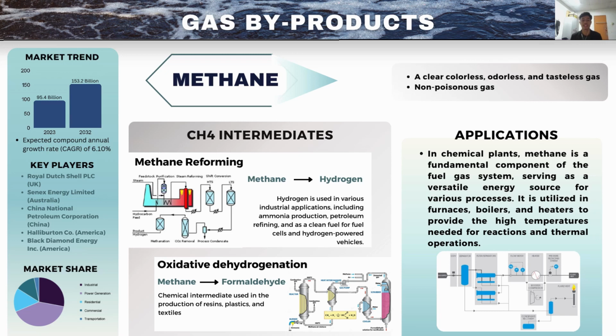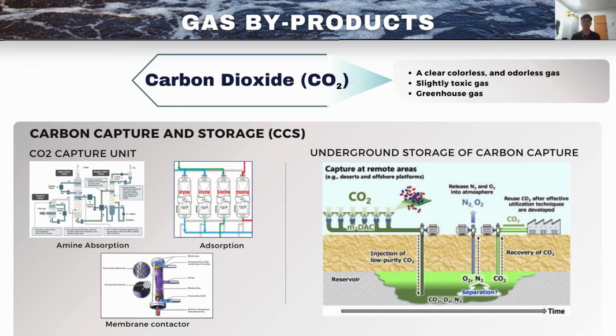These products are valuable intermediates for other chemical productions. Besides, the raw methane also can be used directly at the plant in the fuel gas system. It can be the energy source for furnaces, boilers, and heaters to provide the high temperatures needed for reactions and thermal operation. Next, carbon dioxide also can be generated as